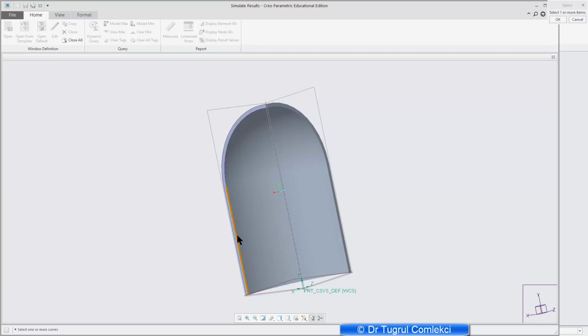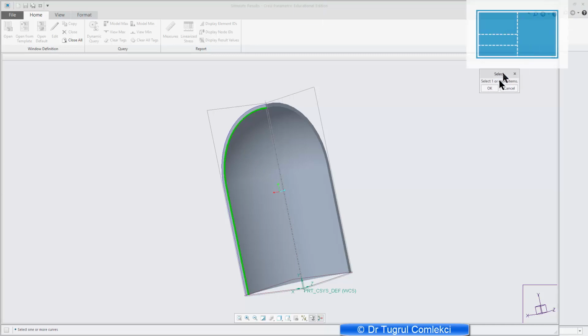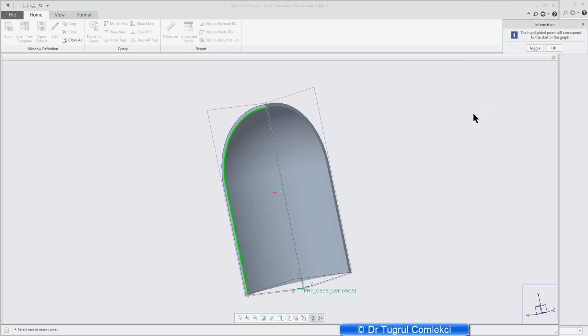So on the inside face I can select these two edges and click OK,